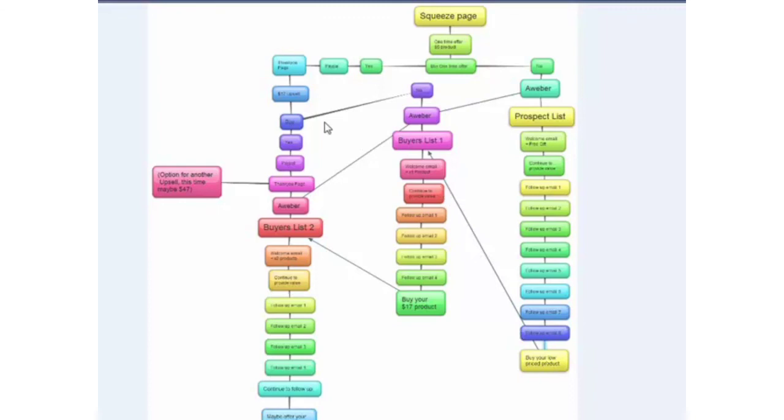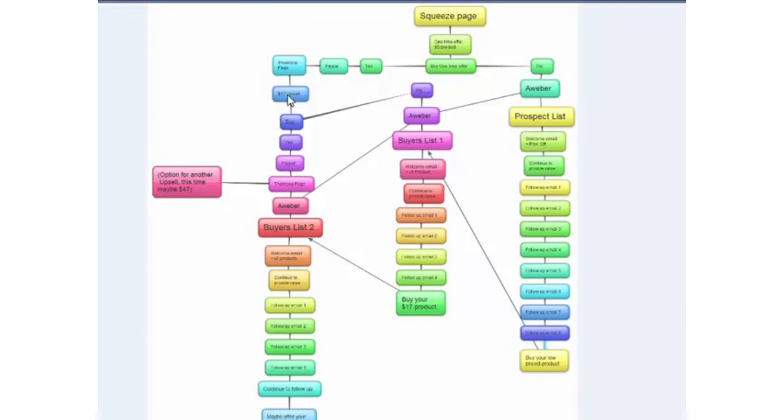Now the next thing you have to bear in mind when using this particular sales funnel is, when you use upsells and the visitor decides not to buy anything, you must provide them with a link where they can download the previous product that they just bought, because otherwise they're going to get really upset. You're going to get a lot of emails and your system isn't going to work very smoothly, because remember what I said